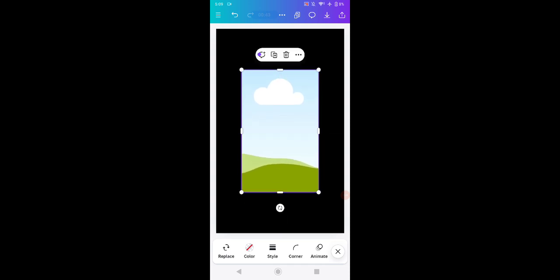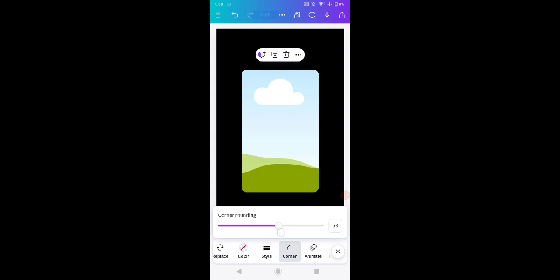Like this one. After you adjust the size of it, you need to click the frame and click the corner button, this one, and increase the corner size to 85, this one. And now you need to add the video that you want to give an 8mm effect or